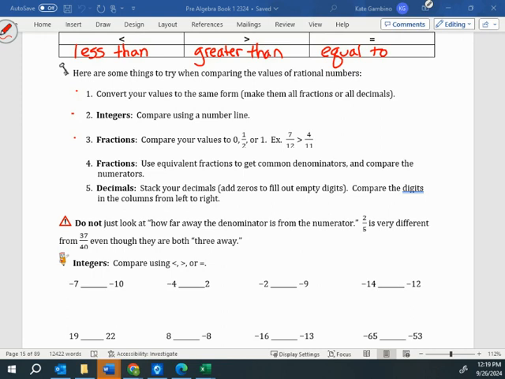With fractions, the first thing I always look for is, can I use the 0, half, or 1 comparison method? So if I have 7/12 and 4/11, I don't know off the top of my head how 12ths and 11ths work. But if I look at 7/12, I know a half would be 6/12. So 7/12 is bigger than the half. 4/11, well, a half of 11 would be 5 1/2. So this is smaller